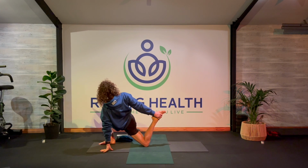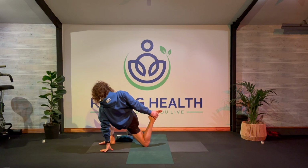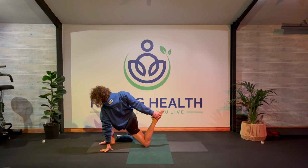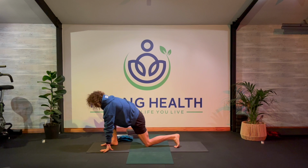You can turn your gaze over your right shoulder. Make sure you are pushing that foot into the hand as much as the hand is holding the foot and letting your hips sink further forward and down into the stretch. Last breath there. When you're ready to release that foot, hands going to frame the front foot, sitting up tall,